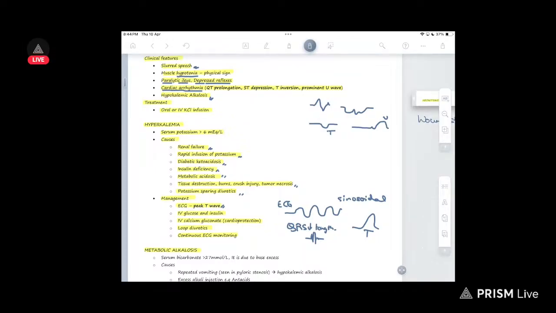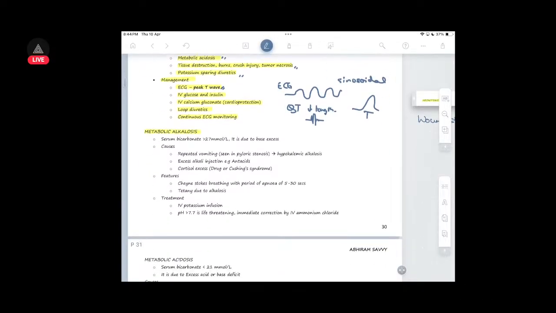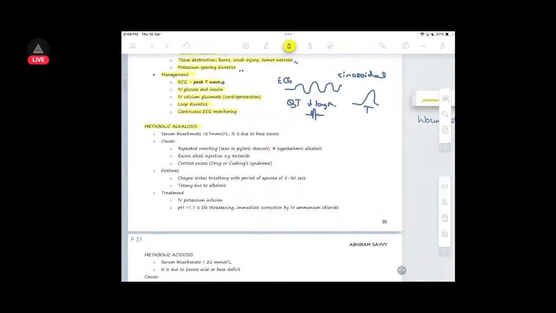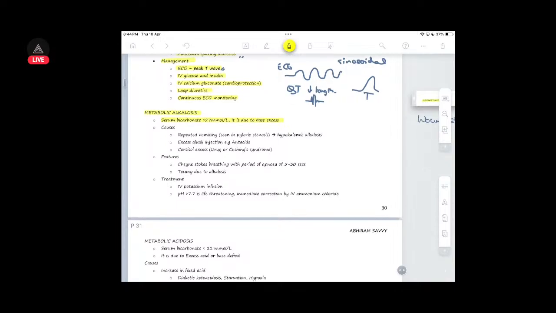Wait, not QRS. QT length might decrease. Okay. There is increased heart rate. Okay, and metabolic alkalosis, sodium bicarbonate more than 27 millimole